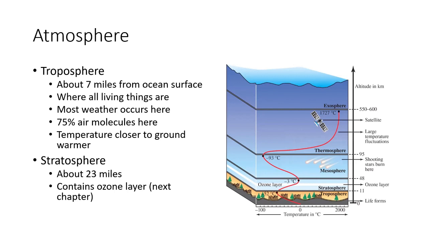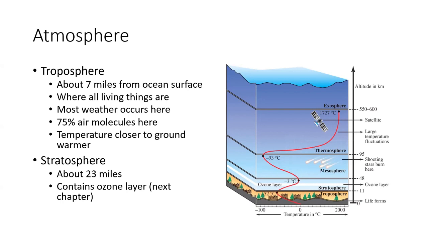But if you were hanging out on this satellite here, of course you wouldn't be able to breathe because there's not enough air up there for you to breathe. But let's say you have your oxygen tank. You would freeze to death. And why would you freeze to death if it's so hot? The temperature is measured by how fast the molecules are moving, and they transfer heat to you when they run into you, but they're so far apart, they wouldn't be running into you often enough to keep you warm. So you would be radiating heat off without the air molecules coming back and heating you up. So that's kind of an interesting